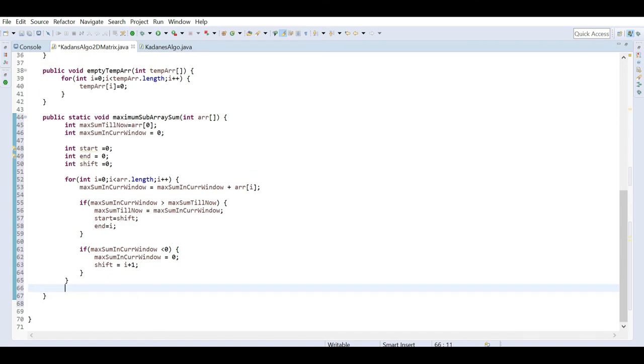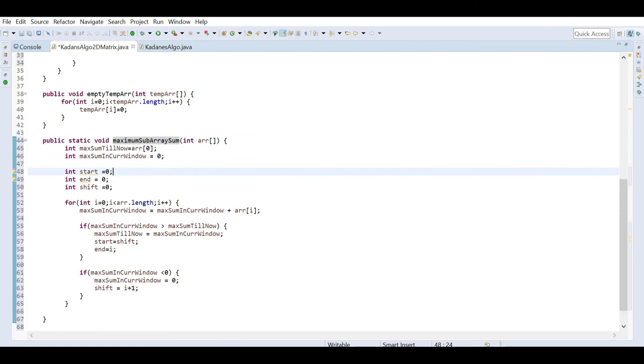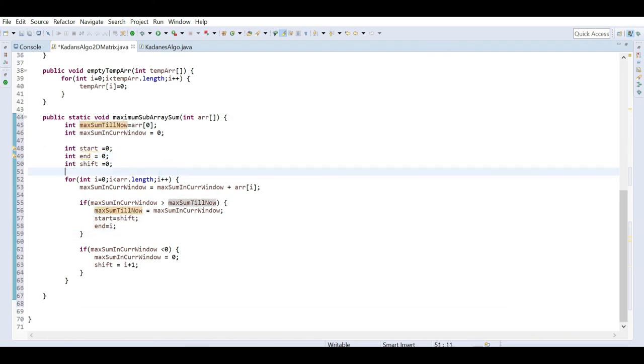So now it is my Kadane's algorithm, and here I pass one array and it will give me the start and end index of the particular subarray where the sum is maximum, and it will give us the maximum sum also as a result. That is the maximum sum till now. But here we have to do a few changes.